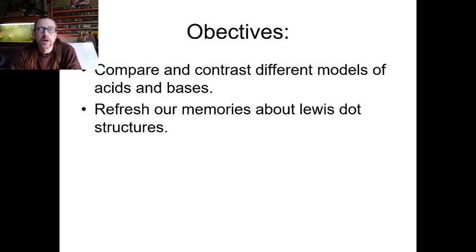And so here we go. We're going to compare and contrast the different models of acids and bases. Three main types of models of acids and bases. We've already talked about the Arrhenius acid and base model, in which an acid donates hydrogen ions to solution and a base donates hydroxide ions to solution. There are two other ones we're going to talk about today, the Bronsted-Lowry form as well as the Lewis definition of acids and bases, and we will take a moment to refresh our memories about Lewis dot structures,